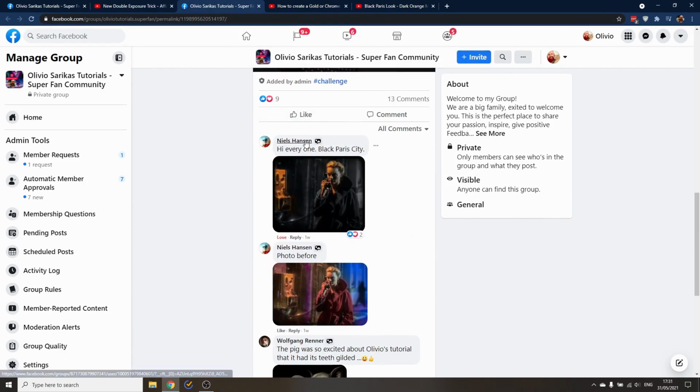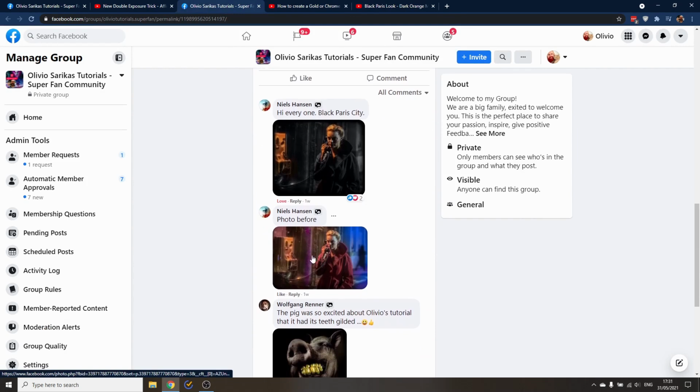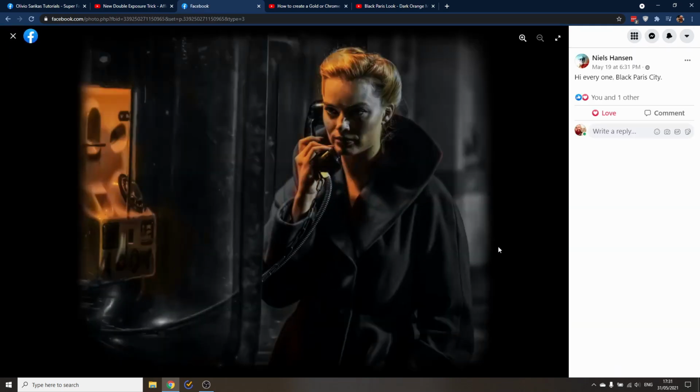The first one is from Niels, and of course I asked you to also post the original picture, which is important so we have a certain comparison and I can give you better feedback. So you can see here, this looks really nice, it's a very cool effect. One thing that stands out a little bit is that here on the cheek you can see there is less of this kind of orange tone that you have here in the face, so it looks a little bit like,